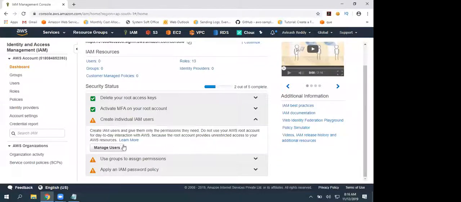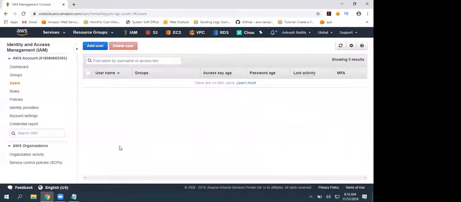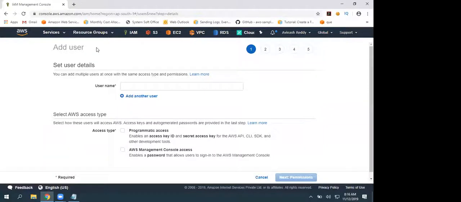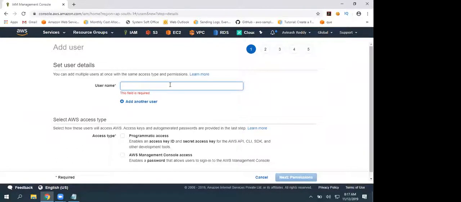Okay, now let's click on manage users. I do not have any users. Now I want to create one user. Click on add user. Then what username do you want to give? You can give any username; it all depends on your organization's naming policies. For example, in my organization it's the first letter of my name, then my surname, but that surname is difficult to pronounce. Since it is our own account, you can give any name.